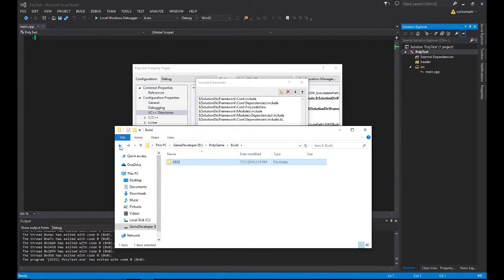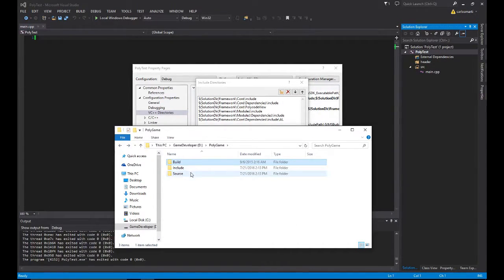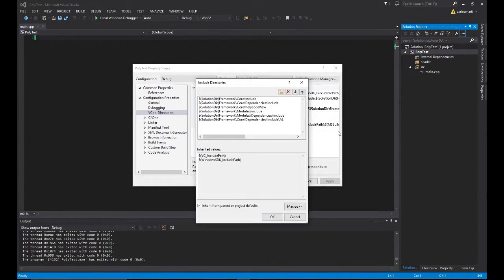So this is my structure of my project. I'll be putting all of my C++ code inside of the include, which are going to be my header files, and my source, which will be my CPPs. Inside of build, I have the Windows build, and if I were to make Linux, I would have a different folder for Linux, a different folder for Mac, Android, and so forth. So now that that is out of the way and explained,